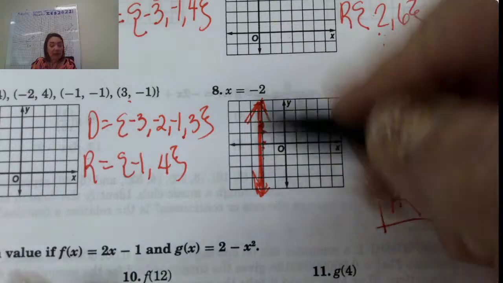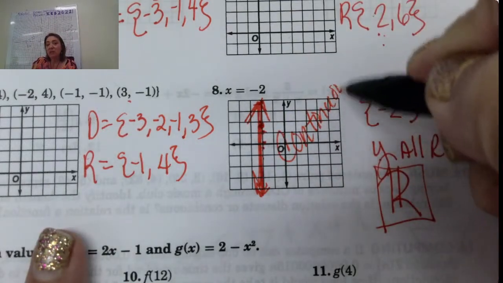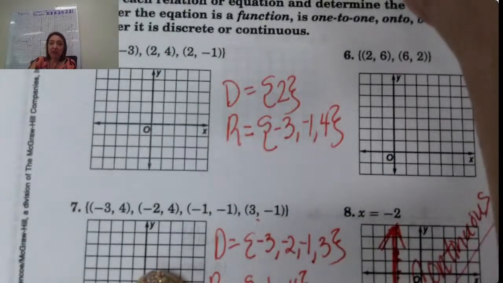It's on that line. This data is what is known as continuous data. It doesn't stop, right? It's not specific locations. It's everywhere on the line. This data